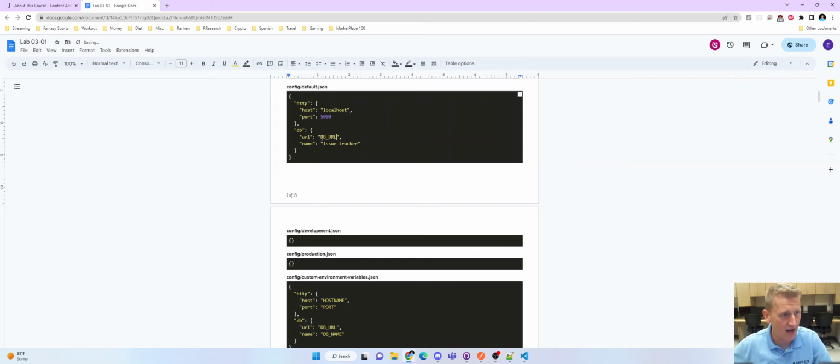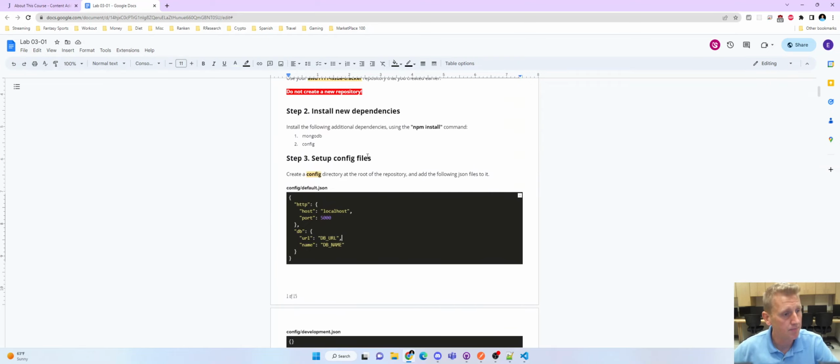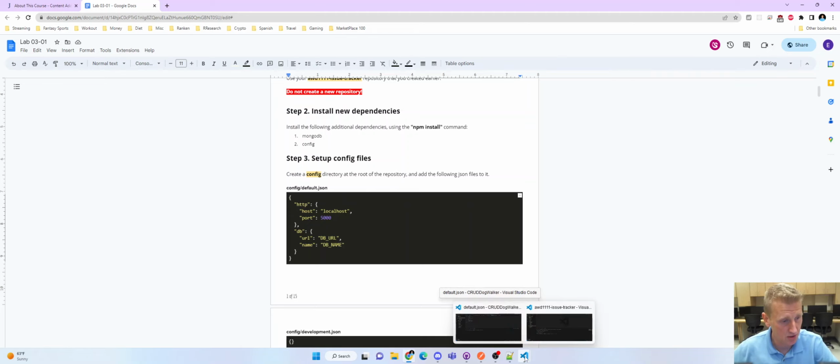Now, if this is all caps, when you see that, that should indicate that it is an environment variable in your .env file. Okay, so this kind of says, hey, get your URL for your database from the .env, and get the database name also, db name. Get both of these. Get the URL and the name from your .env file. And so back into the code,